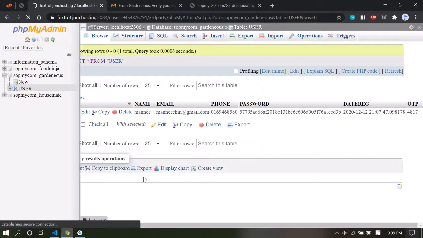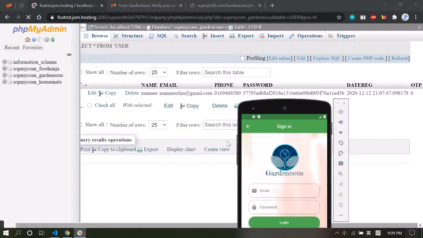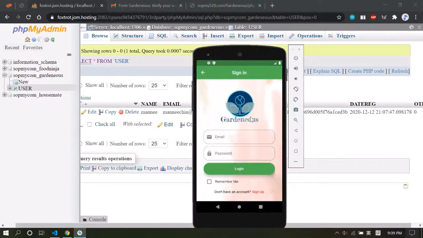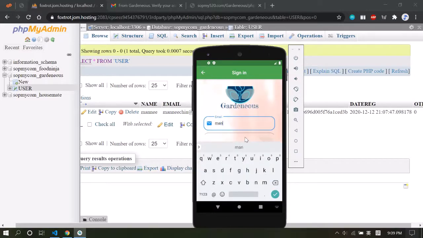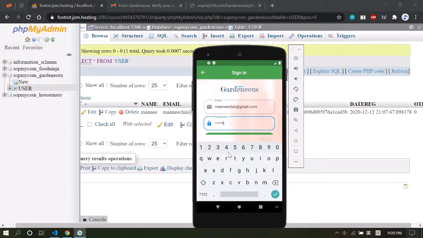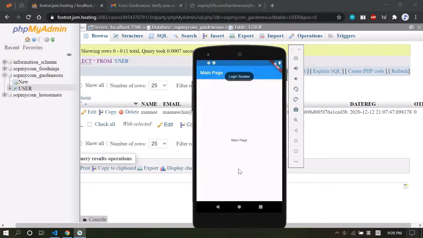When they press the link, it will say your email has been verified, and we can find it in the server. The OTP section will become 0, so the user can sign in to this mobile application. Okay, so I will try to sign in and press login. It will show login successful and direct to the main page. So thank you. That's all from